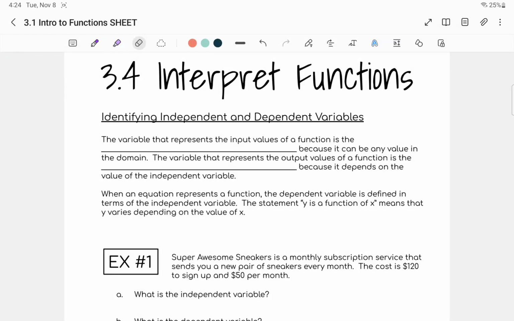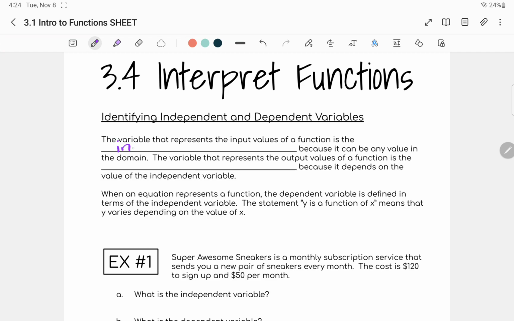Welcome, scholars, to Lesson 3.4, Interpret Functions. We're going to be identifying independent and dependent variables. We're also going to be writing a function and evaluating it. So let's get started. The variable that represents the input values of a function is the